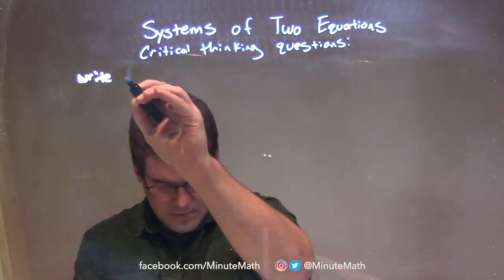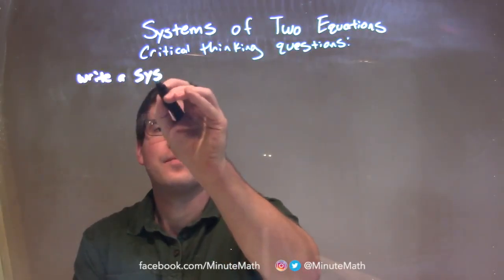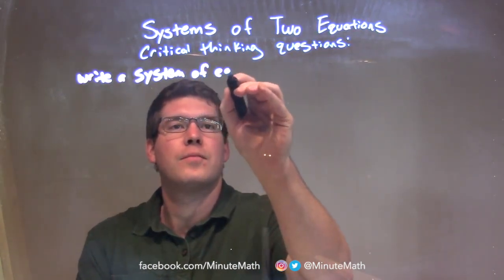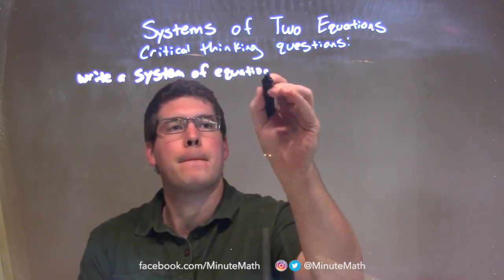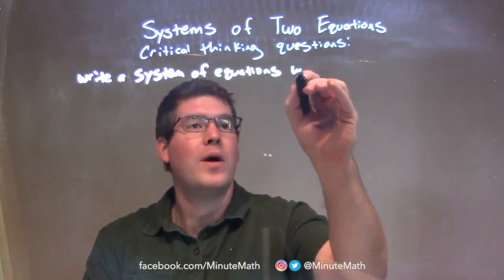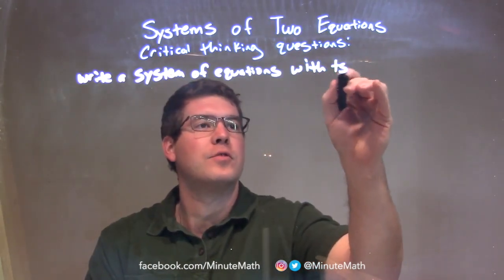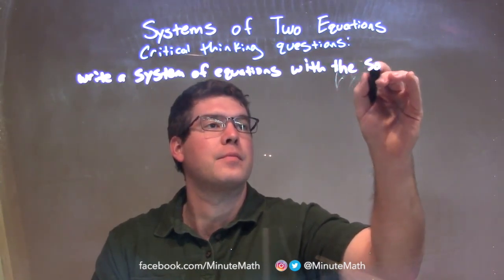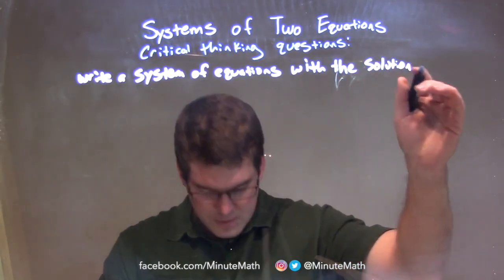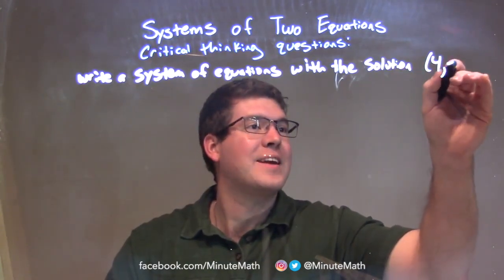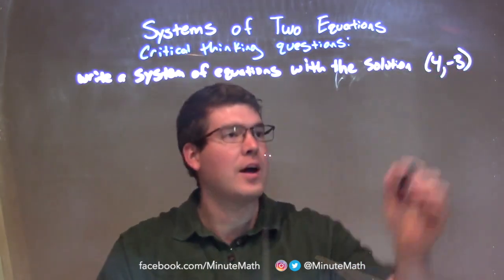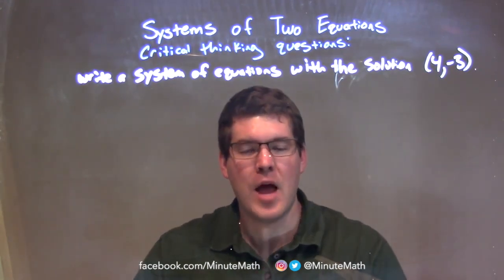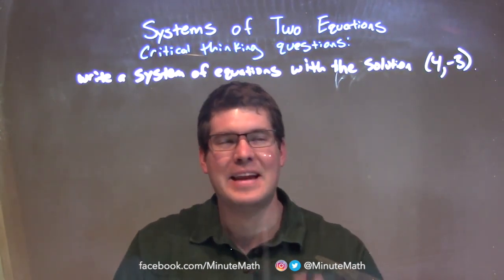Write a system of equations with the solution (4, negative 3). So our x value is 4, and our y value is negative 3. So we're given the answer, and we need to come up with a system of equations that has that as